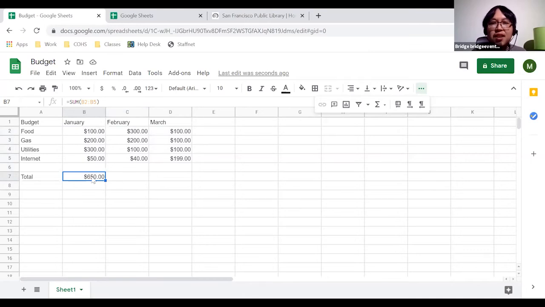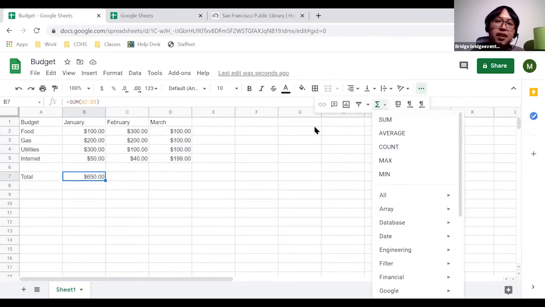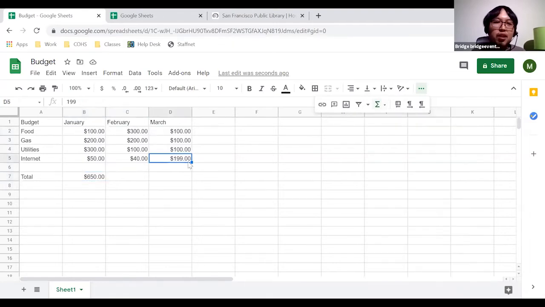So now I have this, but let's say I want the total for February and March as well too. I could go the same route again. I could go to select the function here and select sum, and that might work, but let's say I want it quickly. So if I click on the cell that I did use before, and it has the function formula in here already,